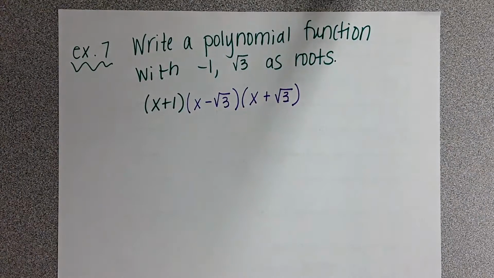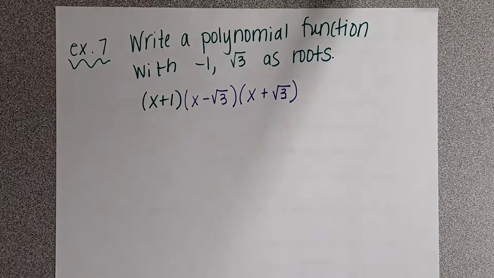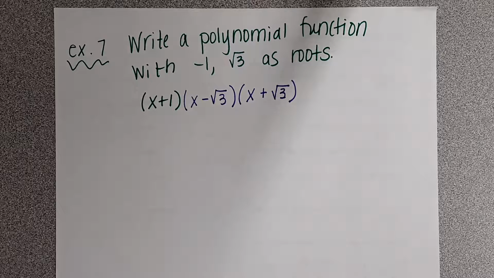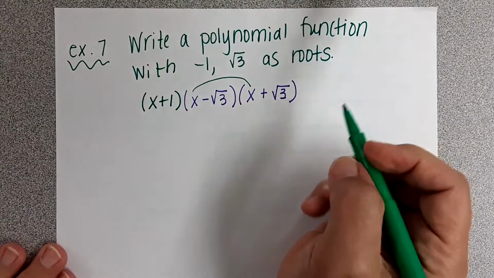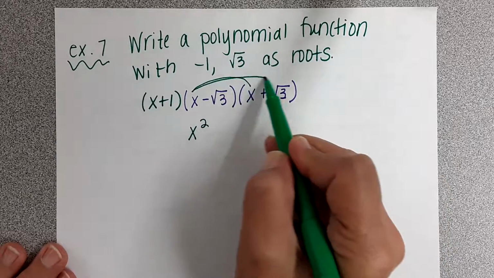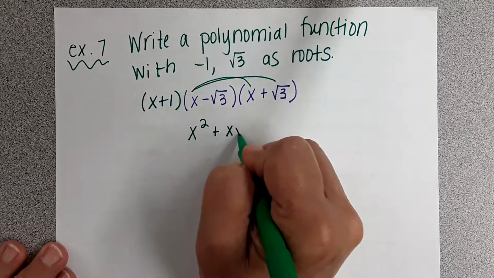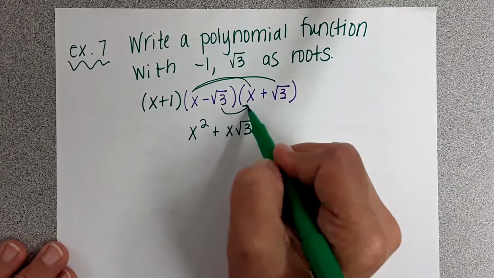So remember, if you have a square root or an imaginary number, you should always have 2 factors. Just like before, you need to multiply your irrational roots. Just like we multiplied the imaginary roots, we're going to multiply the irrational roots. So we're going to do x times x, which is x squared. I'm going to do x times the square root of 3, which is x square root of 3. I'm going to do negative square root of 3 times x, which is,